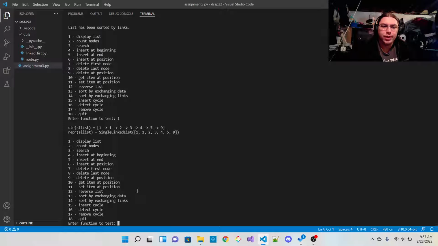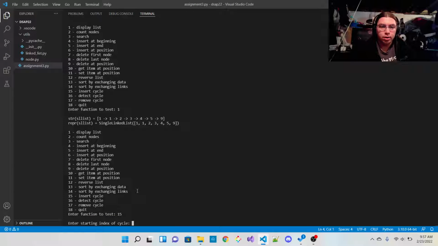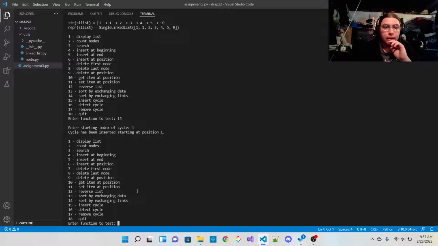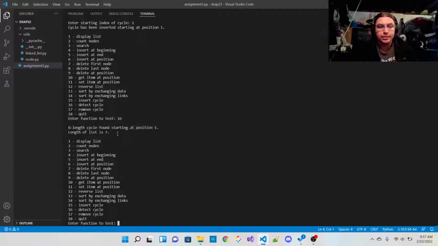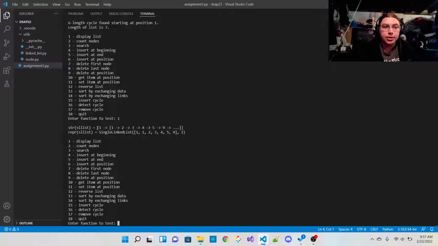Now there are 3 more functions left to test. That is insert cycle, and where do I want it to start? I'll have it start at index 1. All right. So now when we do detect cycle, it says a 6-length cycle was found starting at position 1, and the length of the list is 7. And let's check out the